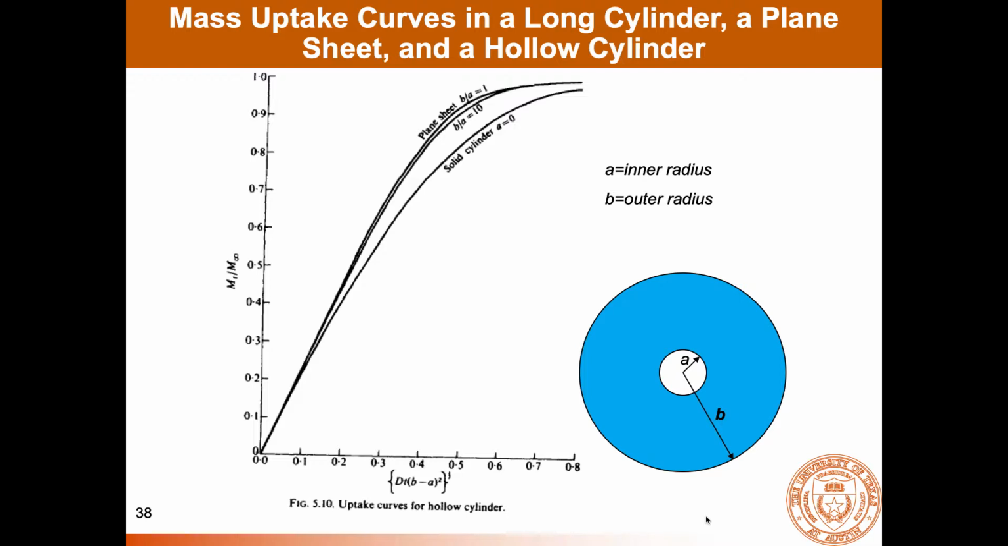You can imagine that if this interior hollow cylinder were almost equal to B, then it would look like just a thin plain sheet wrapped over, right? And then you should expect that the fractional mass uptake kinetics would be the flat sheet kinetics. And that's what's shown here. But what's interesting is you don't need to be all that thin before you get very close to the flat sheet kinetics. So anyway,